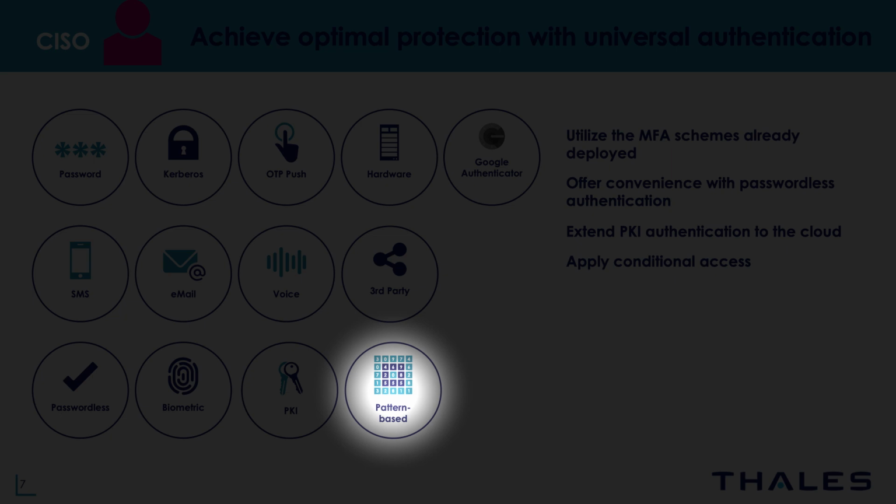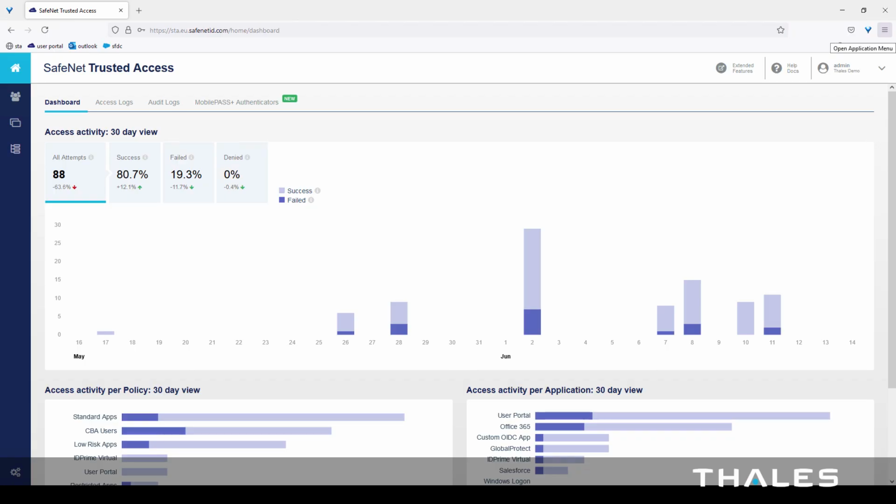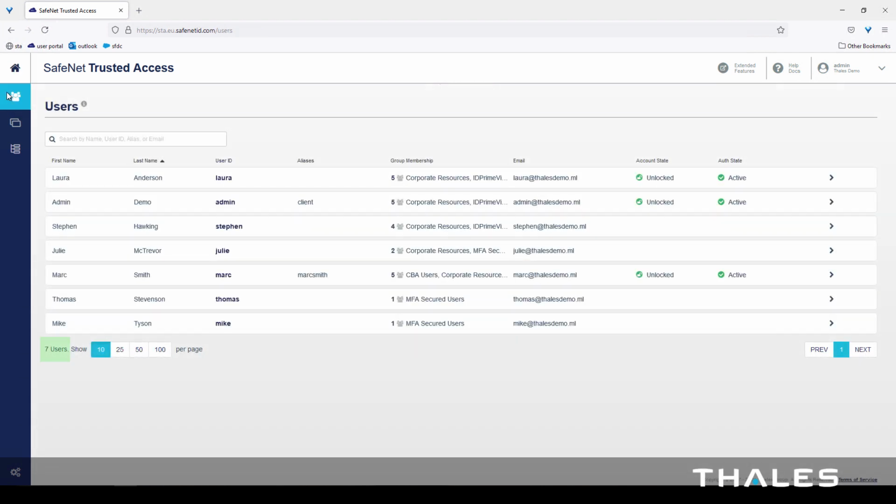Before showing you how this token works, let us walk you through the journey of enrolling a token to a user and how a user would onboard to this platform. If we look at the users at the start of this demo, we currently see 7 users. Now let's look at how we can add another user.